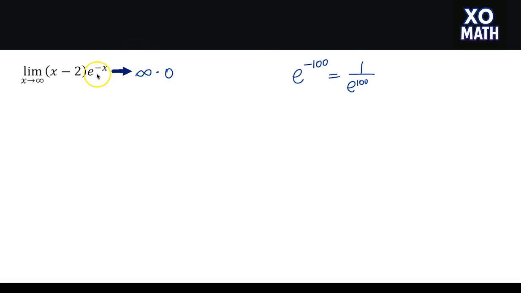And what I'm going to do is rewrite it as a quotient. So I'm going to rewrite this as the limit as x approaches infinity of x minus 2 over e to the positive x. So much like when we did it with a number, negative 100, we brought it to the bottom, that negative exponent, if I bring that to the bottom, it's going to be a positive x. And so now I still have an indeterminate form. I still have infinity